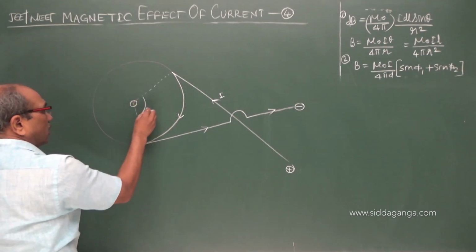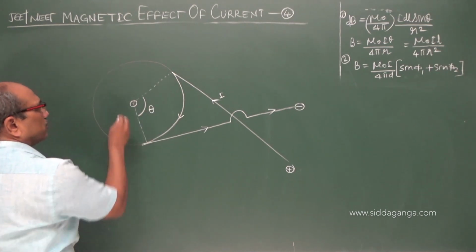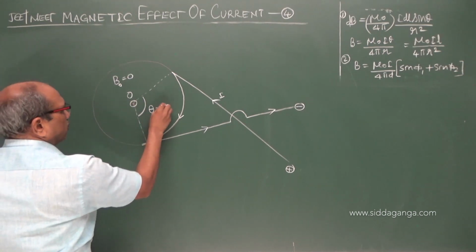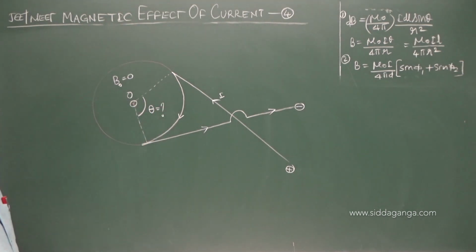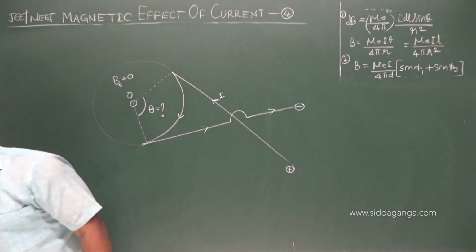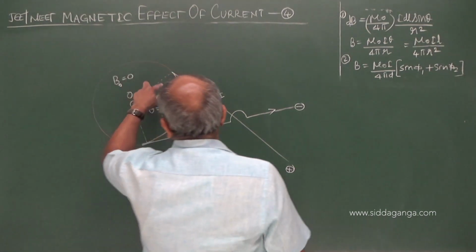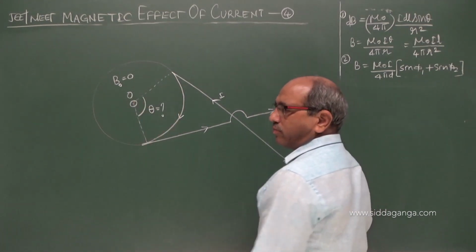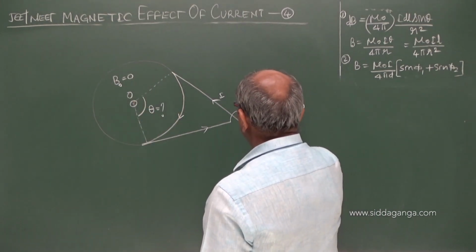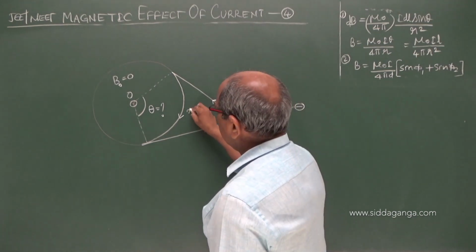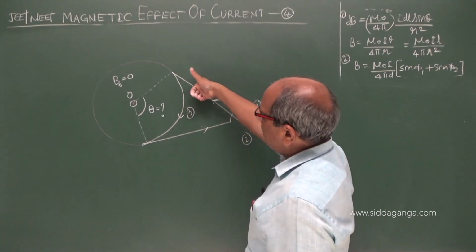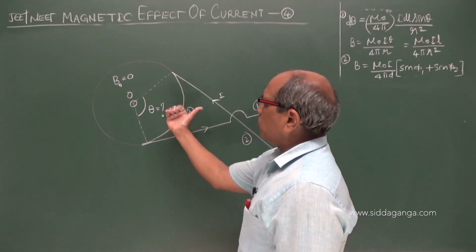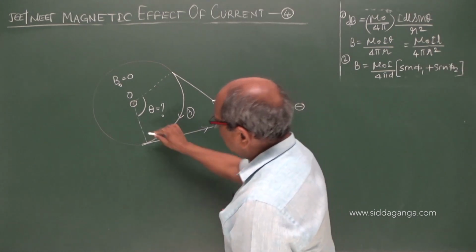So here this is the angle theta if you imagine. At O, the net field should become 0. What must be the angle necessary? That is the question you think now. What is the angle required here to make the net field at the center 0? There are three parts: first, second and the third. Look into the first, it produces the field towards you according to the right hand clasp rule. The second also produces outward, and both are 90 degrees here.